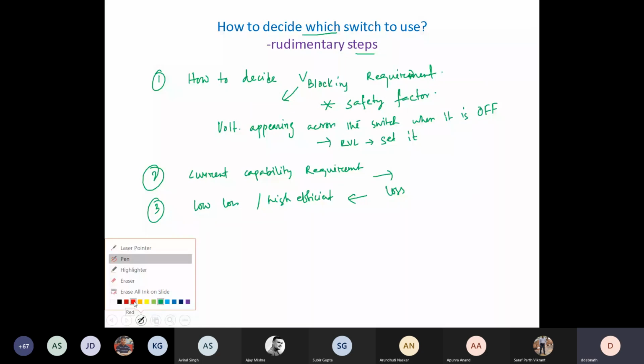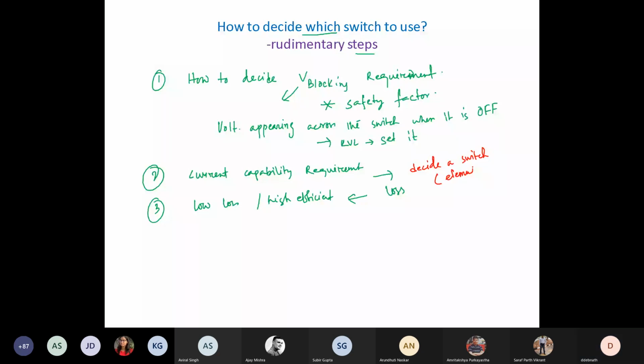Okay, and how do you get a switch? So you search some website like element14.com, element14.in or .com, then Mouser, right? DigiKey. These are the sites where you go and you search for a particular device, say MOSFET, right? And they will give you different MOSFET ratings. So you can apply filter to determine what voltage rating minimum you require, what minimum current you require. So you apply this filter and they will give you some eligible MOSFETs.